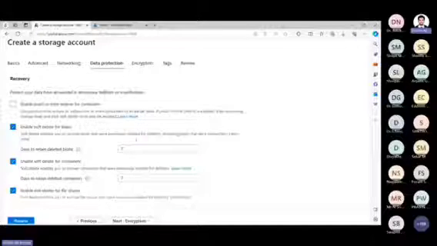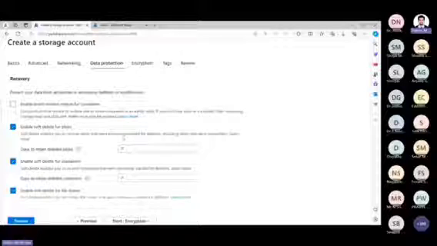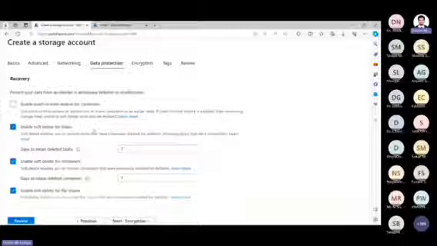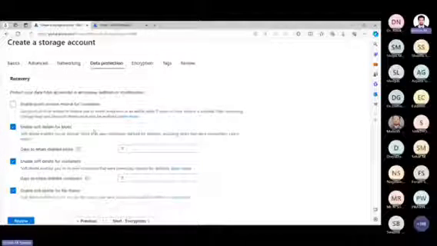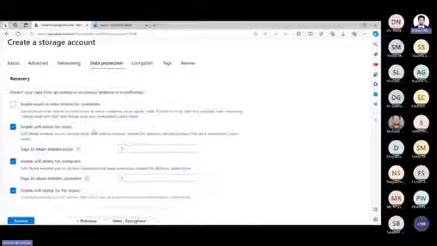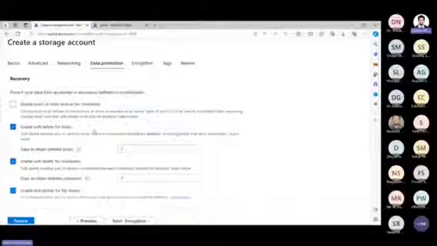Okay, so enable soft delete for blobs. Soft delete means it's like a temporary deletion. When we delete from our Windows operating system, it goes to the recycle bin. It won't directly be removed from the hard disk where it is actually stored, so that you can retrieve it later from the recycle bin. In your Gmail also, when you delete, it will go to that bin. After 30 days, it will be automatically deleted. Till that time you have an option to retrieve it. So your blob also, whatever you're storing here, it will give you an option for recovery